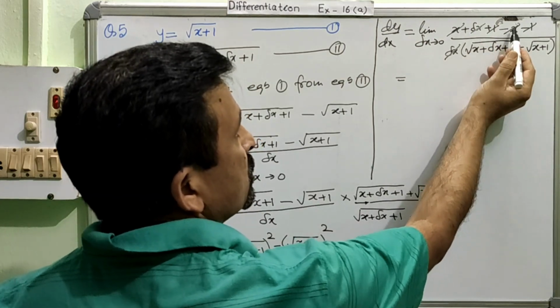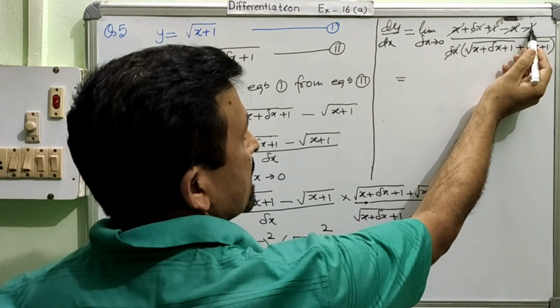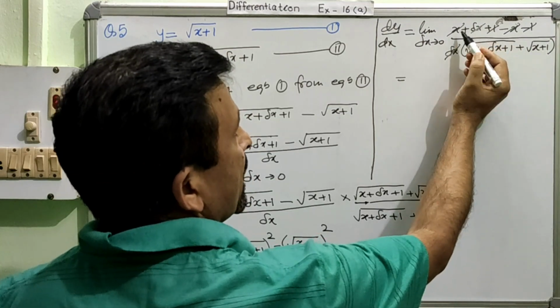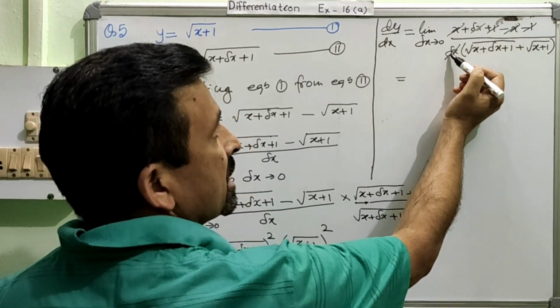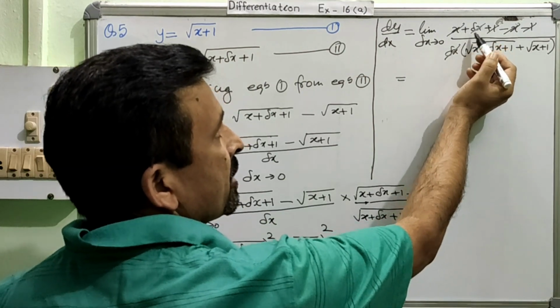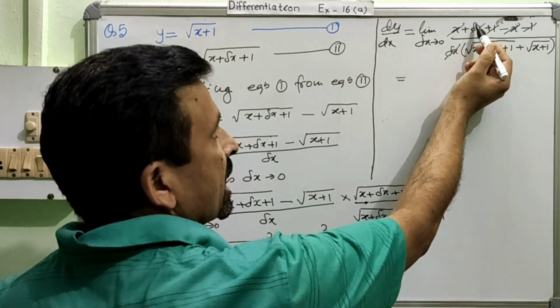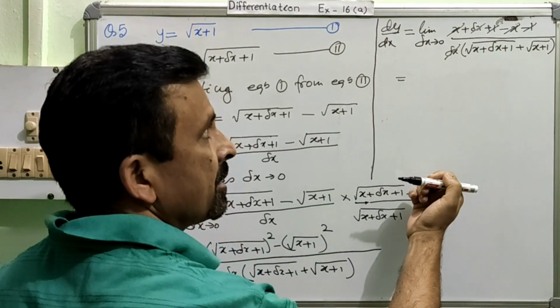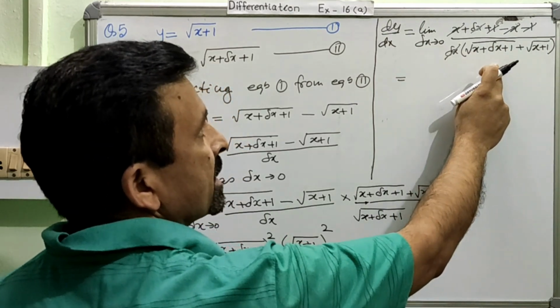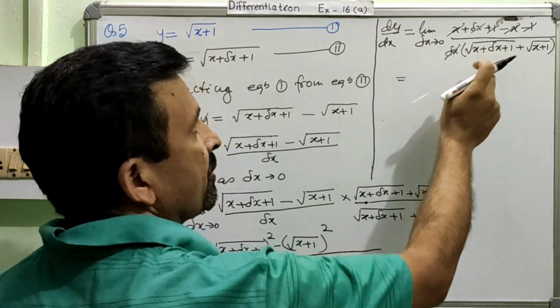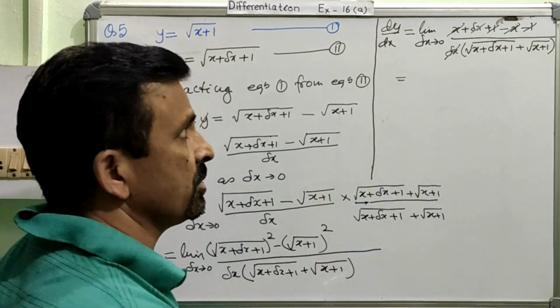Please be very mindful that this x gets cancelled. So this x is 0. This 1 also gets cancelled. This 1 is 0. So delta x plus this 0 plus 0. That means delta x and delta x, and then this delta x, because this is monomial, right? And this is a form of multiplication. So they can be cancelled. Am I clear? Now for the remaining we will apply the limit. So when you apply the limit, wherever we find delta x, that part will be made equal to 0.